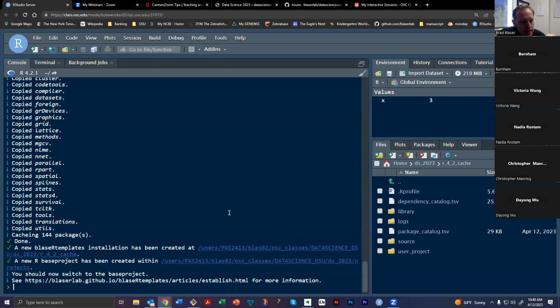All right, so basically all that's been done on my system. It took about 2 minutes to do, so it doesn't take long at all. And you see here, it tells you what it's done. It's made a new installation. It's made a new base project. And it says you should switch to the base project, and it gives you some